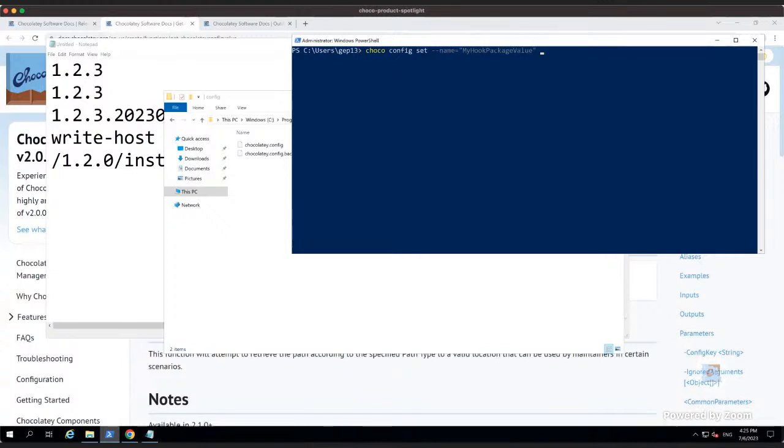And then you could give that a dash value, which is equal to Bob, right? So within your hook script, you might make a decision of what to do based on the presence of this my hook package value. So by allowing the setting of a config value and then the reading of a config value via this new helper method, it means that a hook package can make informed decisions about what action needs